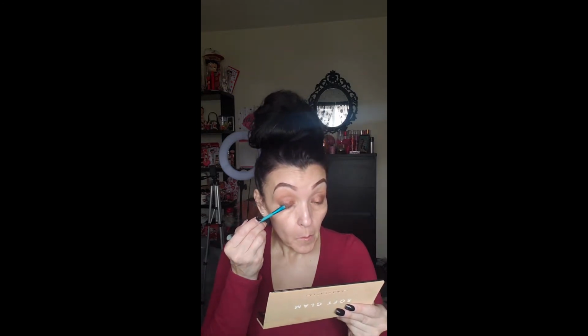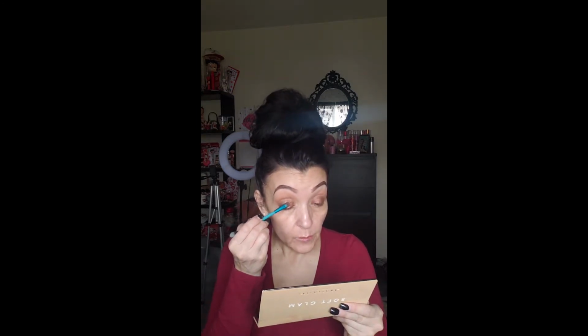Kind of sultry, you know, for a daytime. I'm going to go in with this rose pink right next to it, and I'm going to put it literally right on the center. Some women won't wear certain colors or eye looks or lipsticks during the day. And there's nothing wrong with that, but I mean,